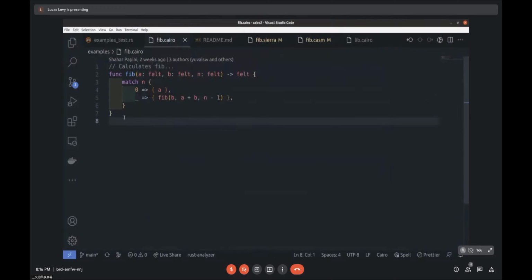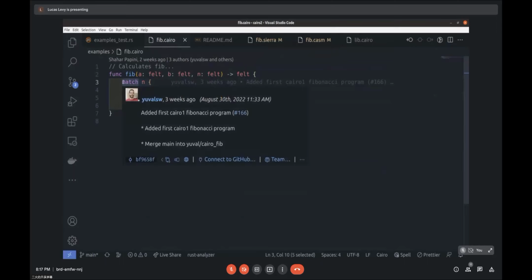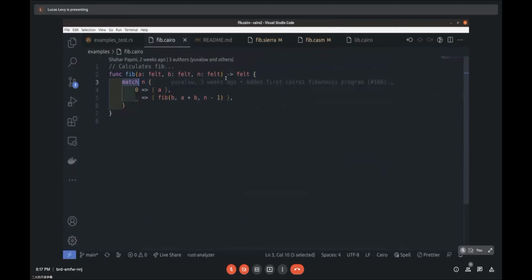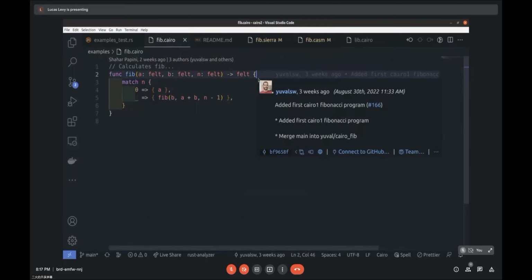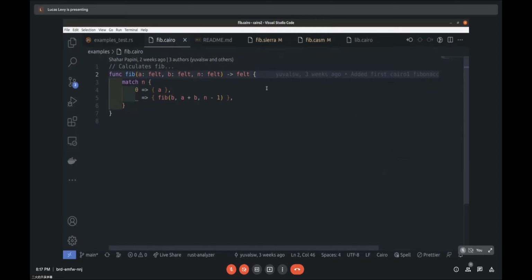So you see that everything works, and the matching, the match keyword, will enable a lot of things. So for example, for error management, it will be really convenient because you can have something that returns an error, and then you can match on your error. If it's null, then great, there will be no error. If there is an error, you can do something. You can either propagate the error and revert the transaction, or you can just do whatever you want, which will be somewhat like a try catch.